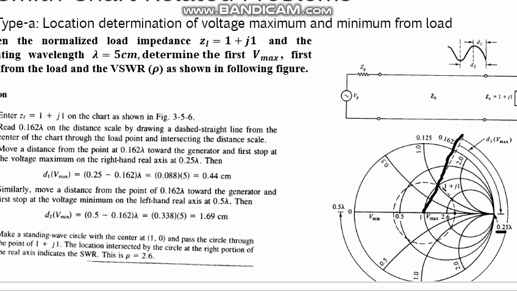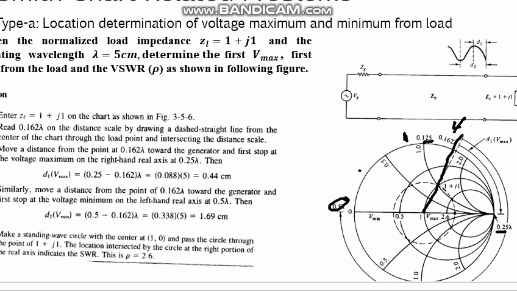Both will be multiplied with the lambda later on, but there is no lambda on the original Smith chart. Point to be noted. There are certain points like that, 0.162. Here there is another scale. Here you can see 0.125. Here is another scale, that is 0.5. Here is another scale, that is 0.25 or anything else. So there you can see here there is 0.25.